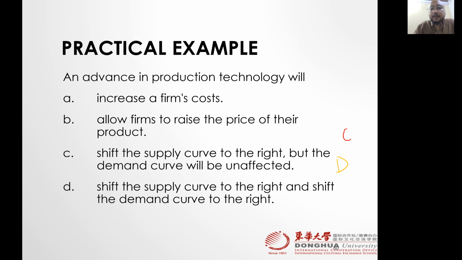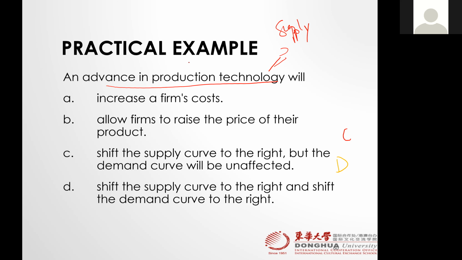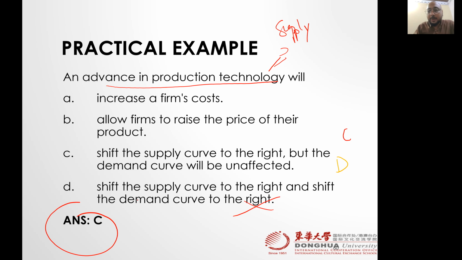Remember, the advancement in technology is the case of variables that cause a shift in the supply curve, they are technology, right? So this is the case of C. Can the demand shift to the right? No, demand is not going to be increased because we learned that technology is not one of the variables that shift the demand curve. Technology is not included over here. So do we understand? Understood this one?